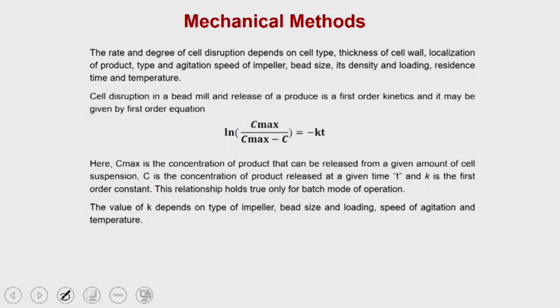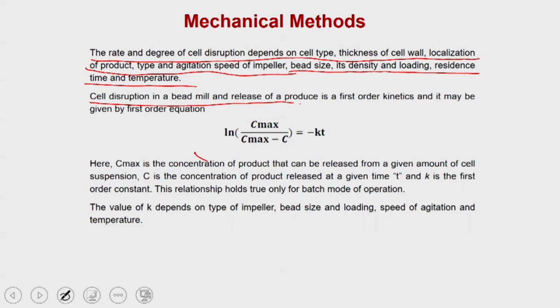So, what will happen is the rate and the degree of disruption depends on the cell type, the thickness of cell wall, localization of the product, type and agitation speeds of impeller, bead size, its density, loading, residence time and temperature. Cell disruption in a bead mill and release of product is a first order kinetics